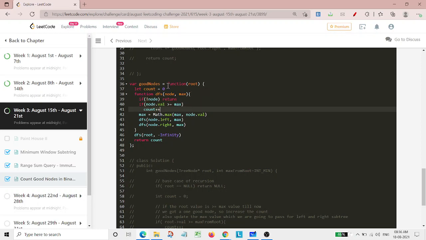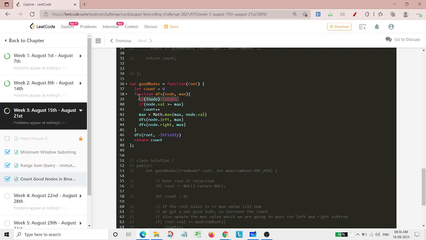Here we have maintained two functions. One is a helper, that is the DFS function. The other is the main function, which maintains the count. We call DFS by passing root and the minus infinity value, and at the end we return the count.